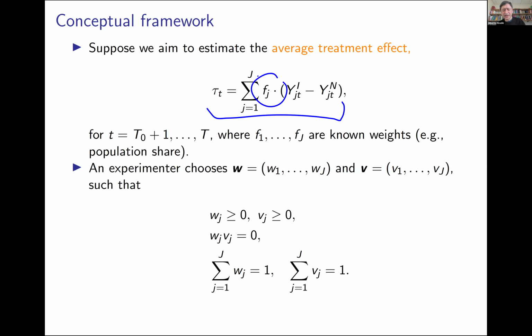Okay, and in a synthetic control experiment, what the experimenter is going to do is choose two sets of weights. It's going to choose the set of weights W, and it's going to choose the set of weights V. Both of these weights are going to be like a vector with J entries, one entry for each of the units in the sample. Okay, and the weights are going to be non-negative. They're going to sum to 1, and each unit can contribute to one of these vectors, but not to both of them. So the idea is that, as you will see in a moment, each unit can contribute to the synthetic treated, or can contribute to the synthetic control, but cannot contribute to both of them.